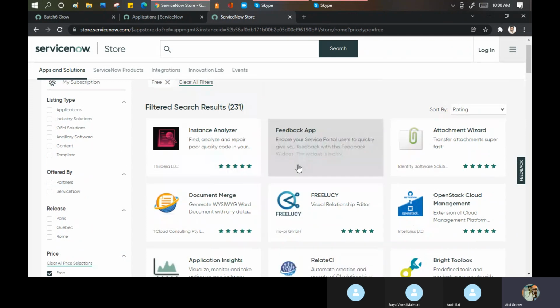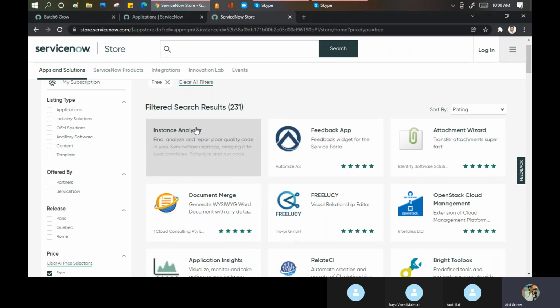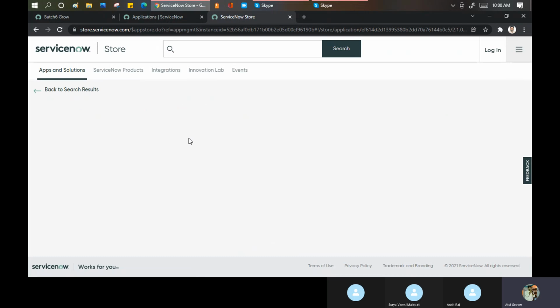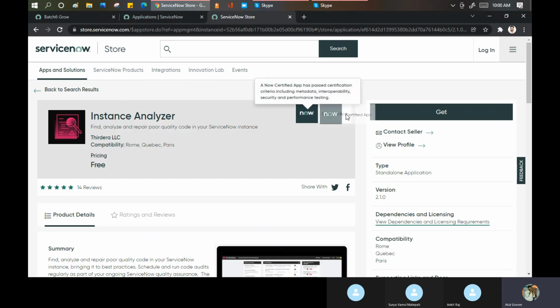So suppose I want to use, let's take this one, Instance Analyzer. It is free, because I'm on a free plan, click here. Now, if you see here, it is a certified app. Certified means this particular app has been built as per the standards of ServiceNow.